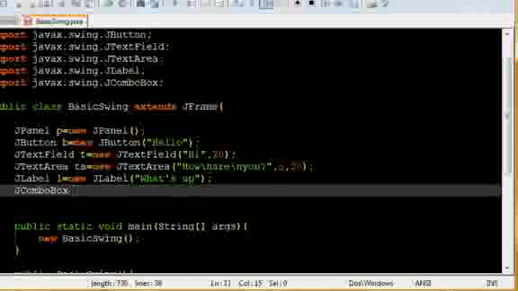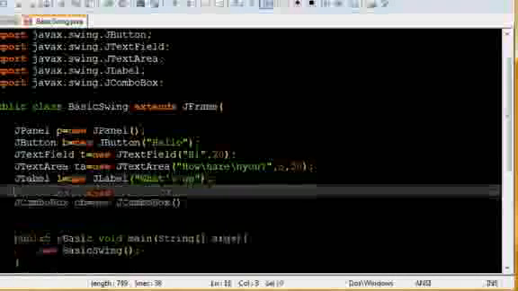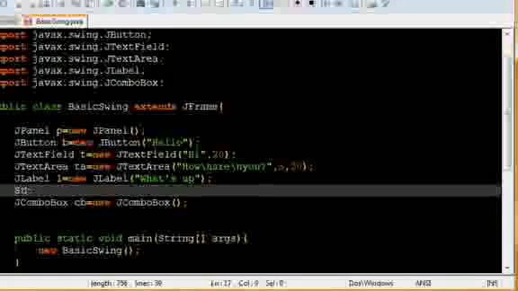So let me just get this done. cb equals new JComboBox. So it's an object array. Generally you're going to make it out of strings, so we're going to go ahead and do that. By the way, JComboBox is like a drop-down box, so it'll give you a list of things to select from. So I'm going to make an array, call it choices,